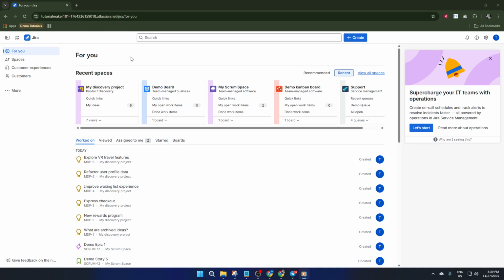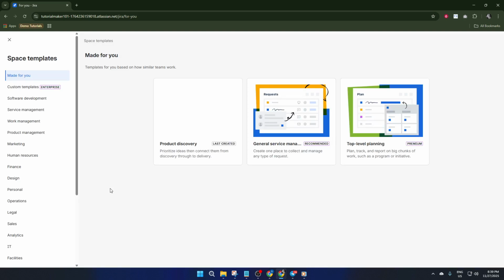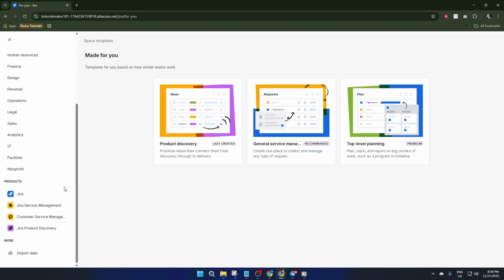Let's jump right in. First, head into your Jira account and look for spaces. Think of spaces as containers or separate areas where you organize different projects or initiatives. Click on Spaces and then hit Create Space. Why create a space? This is going to give your ideas their own dedicated home, so things don't get jumbled